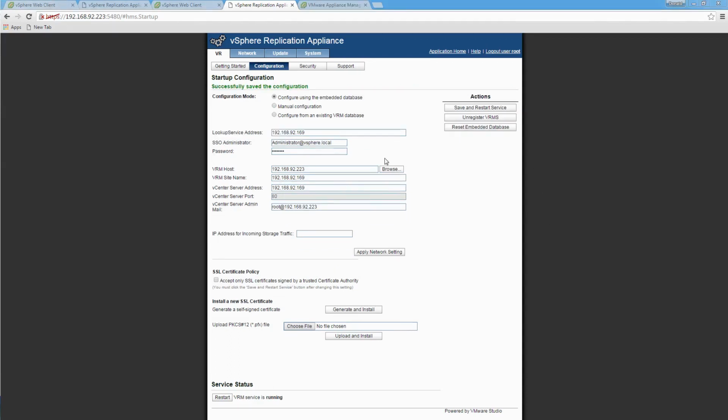Okay, I'm sorry about that. I just had to make some configuration changes in the backend. I actually had to configure my ESXi host properly for NTP. So once I got that sorted out, this configuration was saved, and then the service restarted successfully. So now that we have this appliance up, let me go over to the